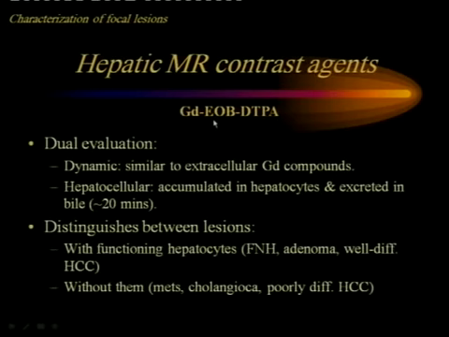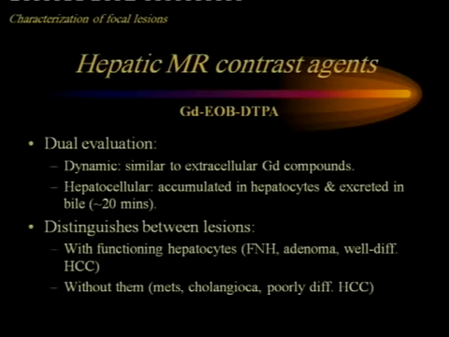With the hepatobiliary agents, as an example of that, is the gadolinium EOB-DTPA, otherwise known as Primovist, which allows for dual evaluation. You're able to obtain your usual dynamic imaging as you do with the gadolinium-based extracellular agents, but you have the added ability of doing hepatocellular phase or hepatobiliary phase imaging, usually obtained at around 20 minutes, that allows for imaging after accumulation of the contrast agent within the hepatocytes,